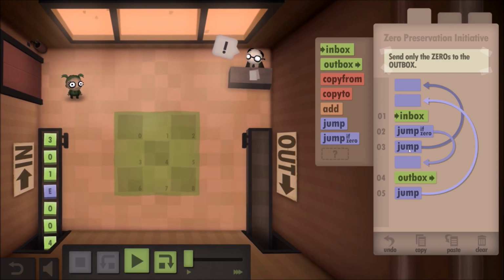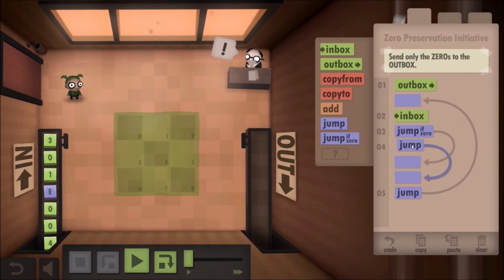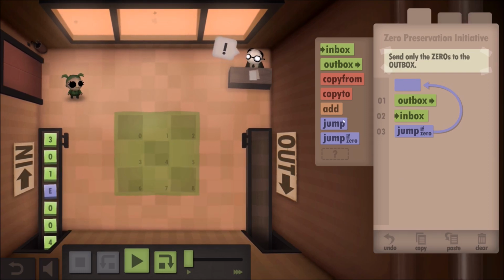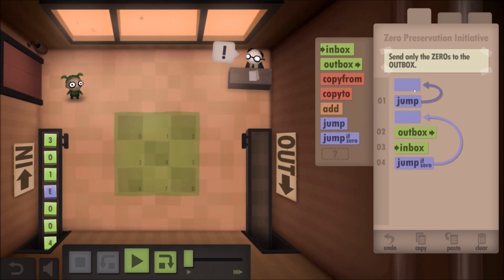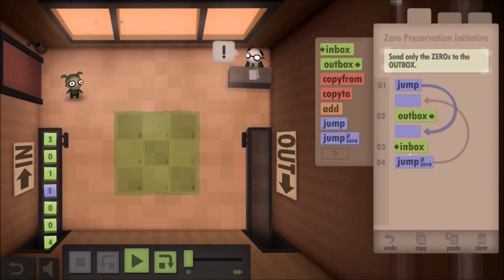the way I had done it, started to do it originally, is... Here, let me get rid of some of these. I'm going to say, if it's 0, I want you to jump up there to the outbox. And then I can start the program by jumping down here. Oh, but then if it's not 0...